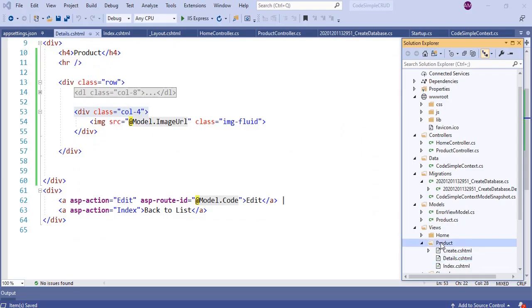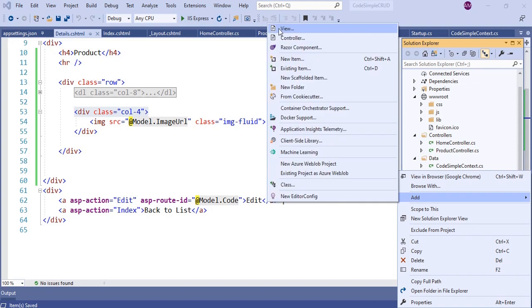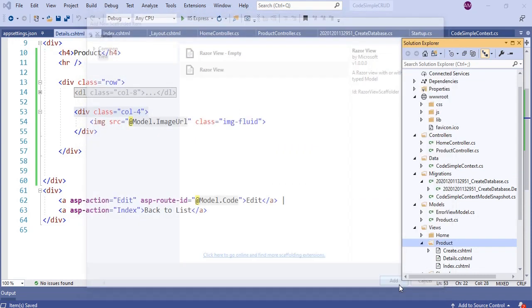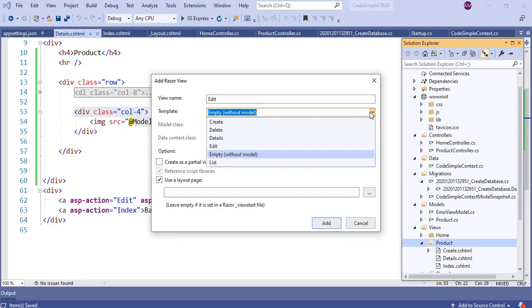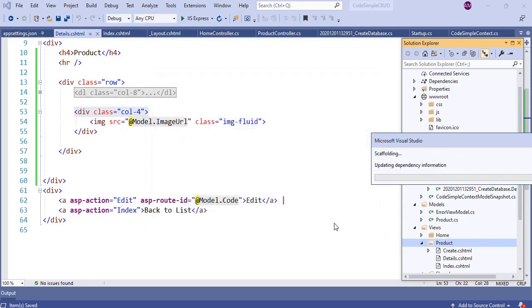Let's add the edit view razor page for the product. Right click the products folder, then click add, select and click view, select razor view, click add button, change the view name to edit. Then select edit template from the template drop down list, select product model from the model class drop down list, select code simple contacts from the data context drop down list, then click add button and wait for the scaffolding